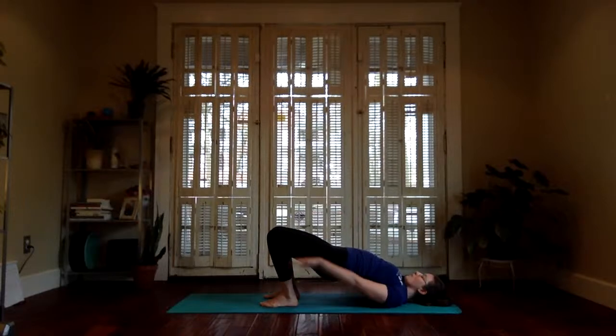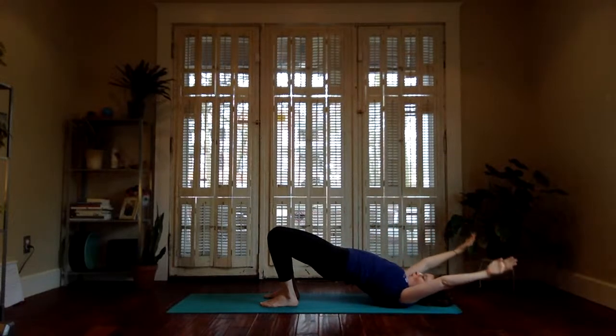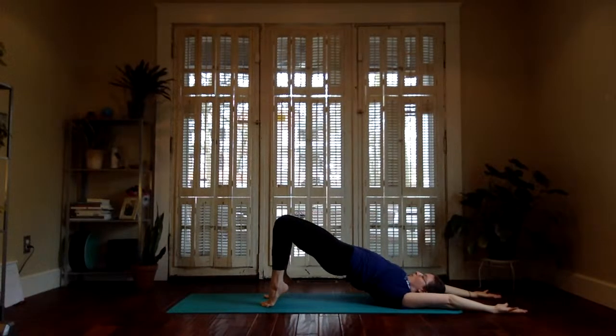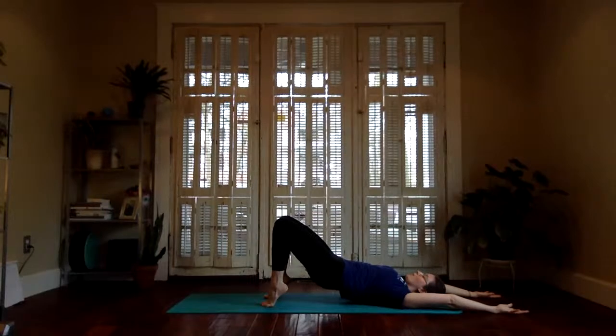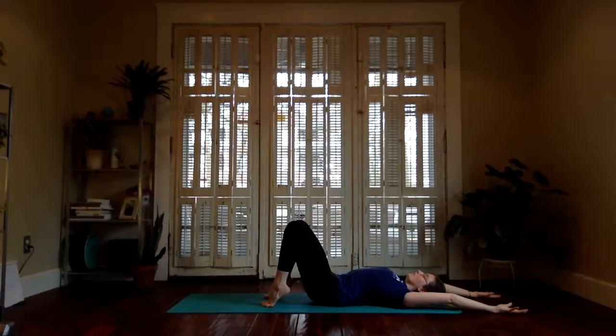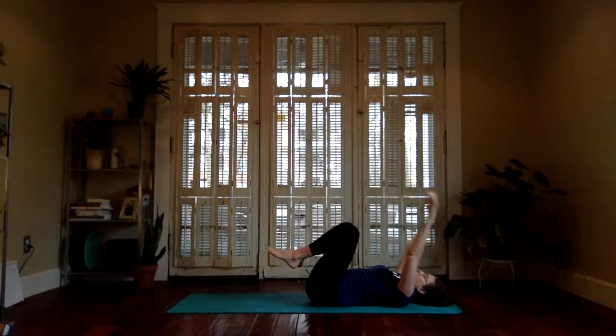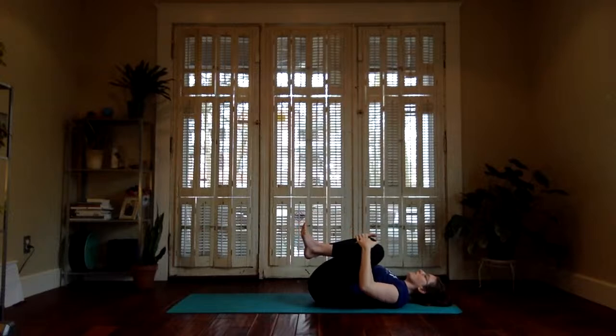From here, send your fingers up towards the ceiling. Then all the way overhead, back so the wrist will be resting on the floor. Rise up to your tiptoes. And beginning with your shoulders, ending with your hips, slowly roll down one vertebra at a time. As soon as your hips find the floor, release your heels, release your shoulders, hug your knees in towards your chest, rocking from side to side,